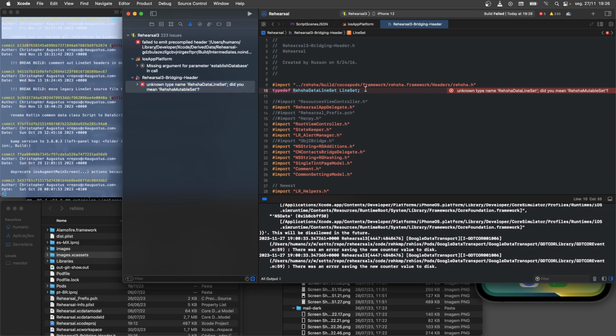Exactly. This hack should not be necessary. So let's try to get rid of this. This is a really bad, nasty thing I had to add to the bridging header. This is, well, not the only way, but this is the way that I was able to figure out how to get